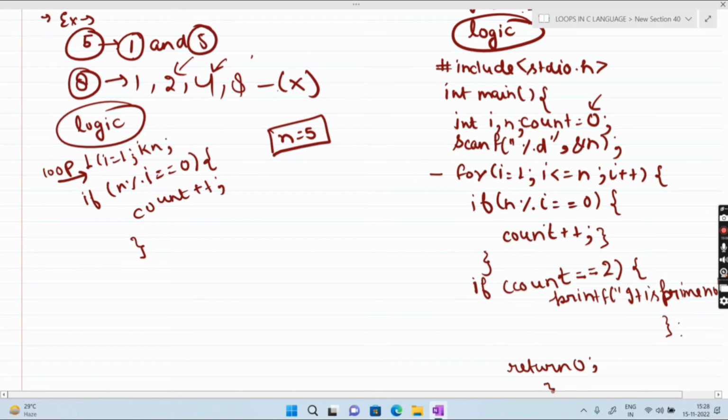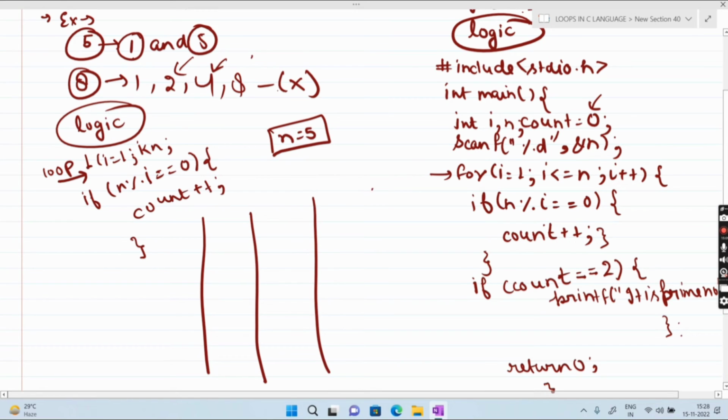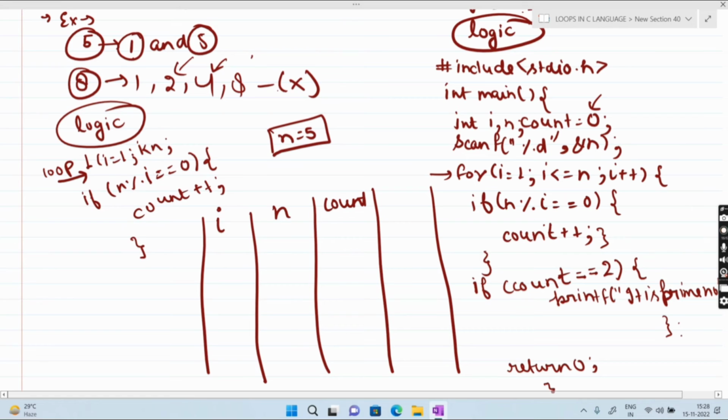Then what we have to check. Okay, यहाँ पे अपन क्या करते हैं, एक टेबल बना लेते हैं. ठीक, that's the table in which first we take value of I, then value of n, now value of counter variable, then we check it. Okay, so start from value I is equal to 1, value of n is 5. Then here we come and check condition. Is 1 less than or equal to 5? Yes, condition is true.